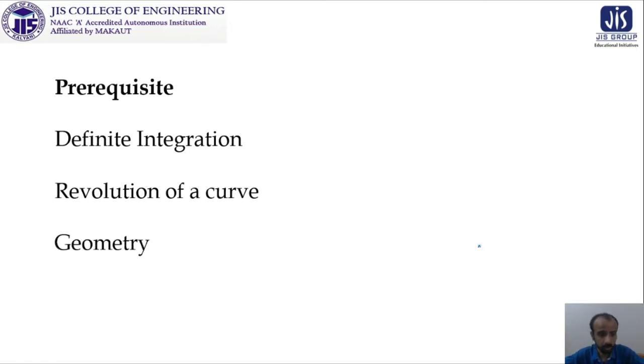And we also need the visualization capacity. That means the geometry behind this whole topic, because if the geometry is clear to us, then we can approach the problem from various directions. It may be from the concept of revolution of a curve, it may be some other calculus, it may be some algebraic method, but the geometry has to be clear, and we have to make the idea of how that particular structure of geometrical surfaces and volumes is generated crystal clear.